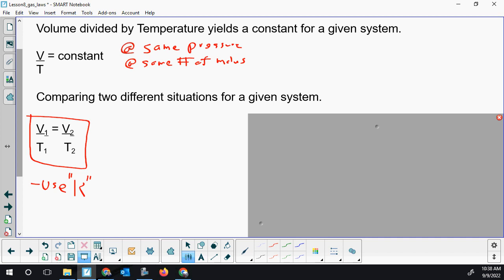Let's have that same type of discussion. What's going to happen now? We want to think our way through it. So we have a gas, but it's got to be in some sort of container so the pressure is going to stay the same. If you have a gas and you heat it up,